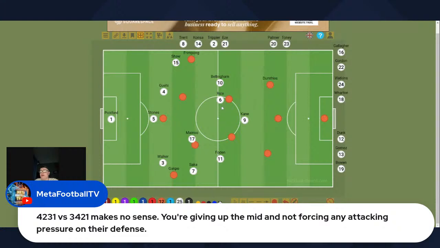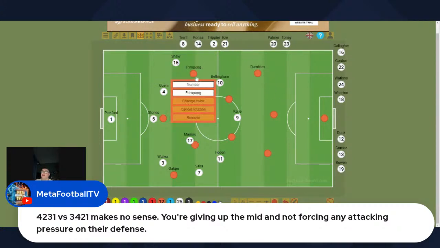Rice was picking his moments really well. Even Mainu jumping the route, it was happening more. But again, this is why Saka's so important. When the lineups do come out and you realise Dumfries, you can plan obviously for it to be two different things, because they did this against France, and then every other game it's not been. So if the lineup comes out and this is Marlon, like I said earlier, and that is Dumfries playing higher,